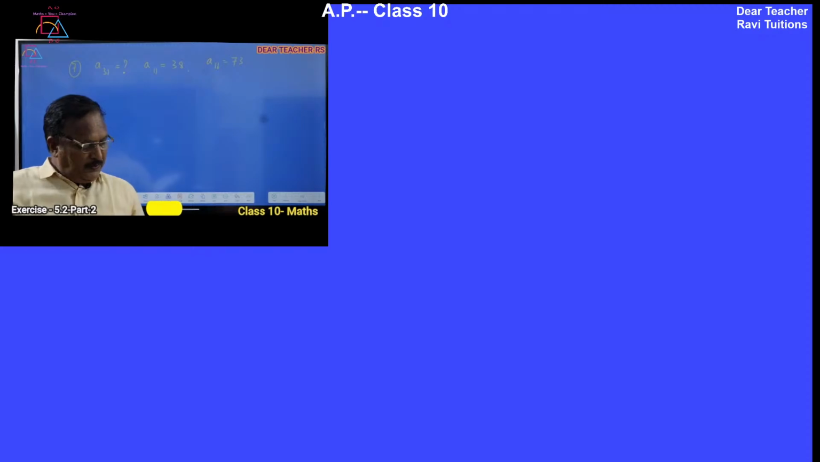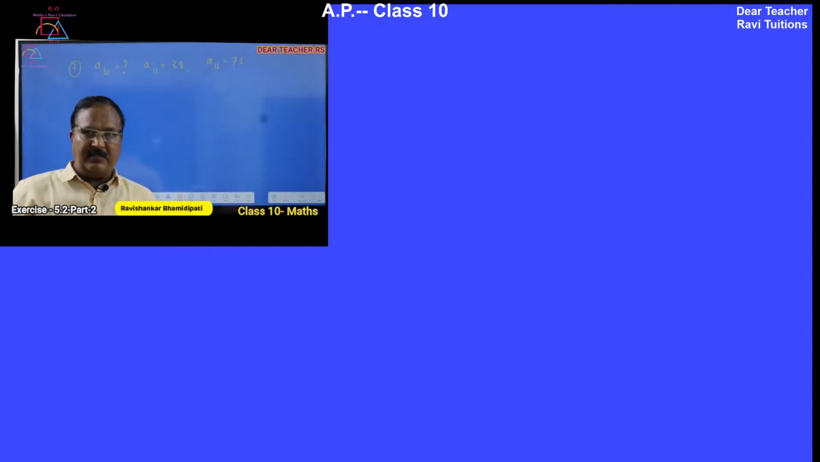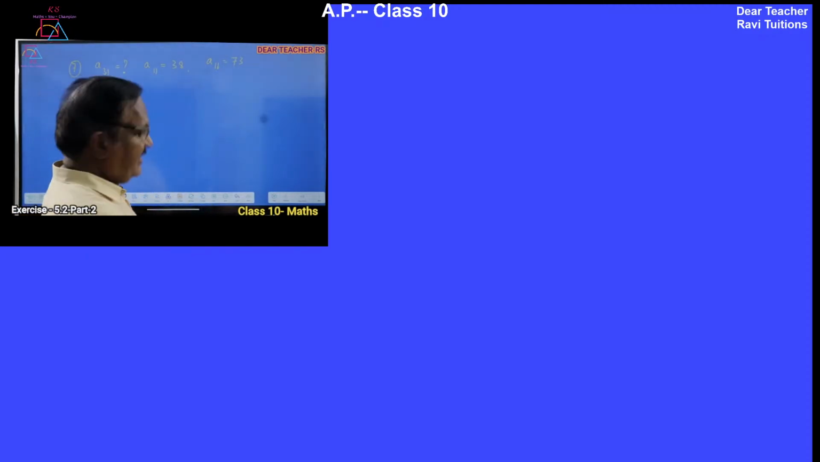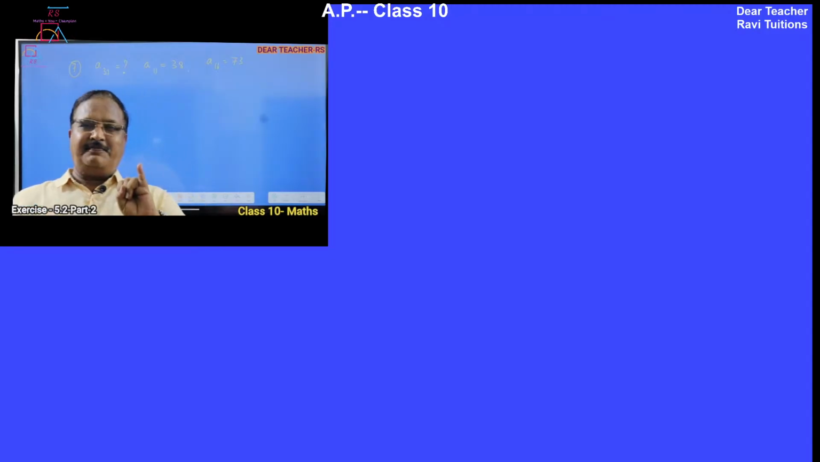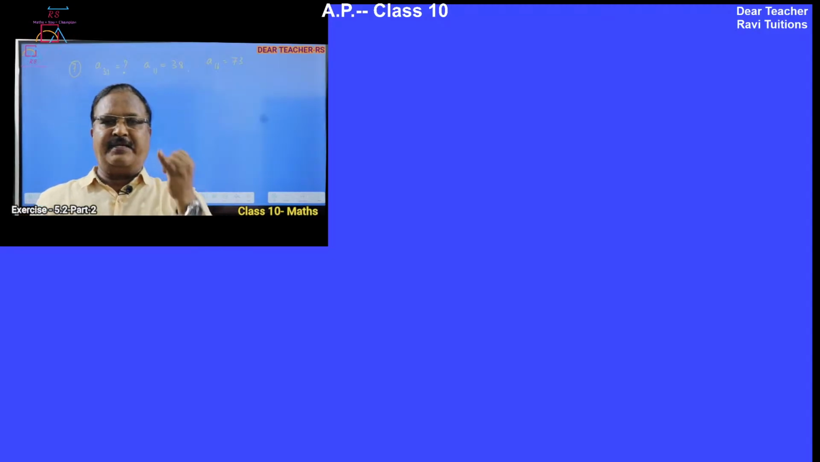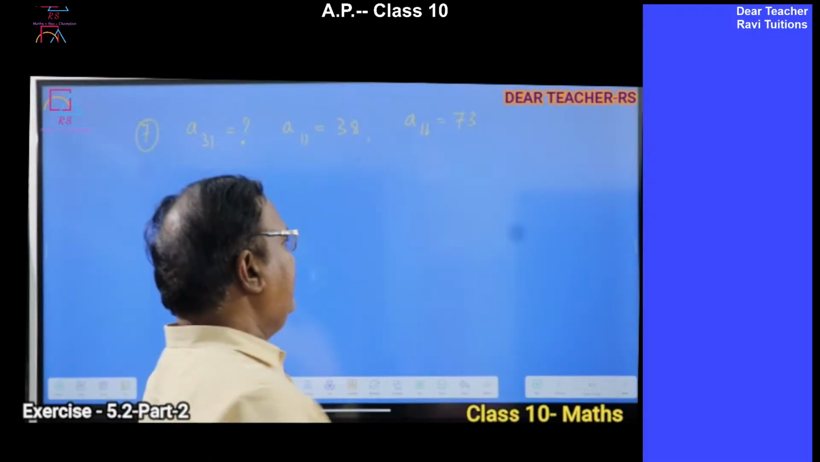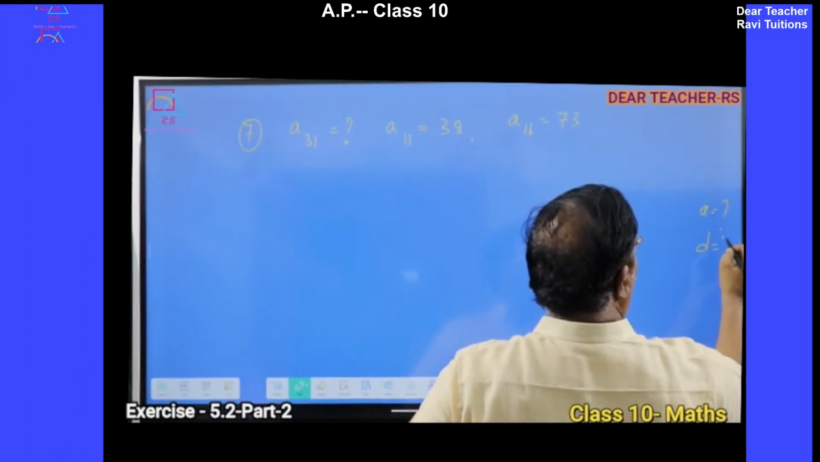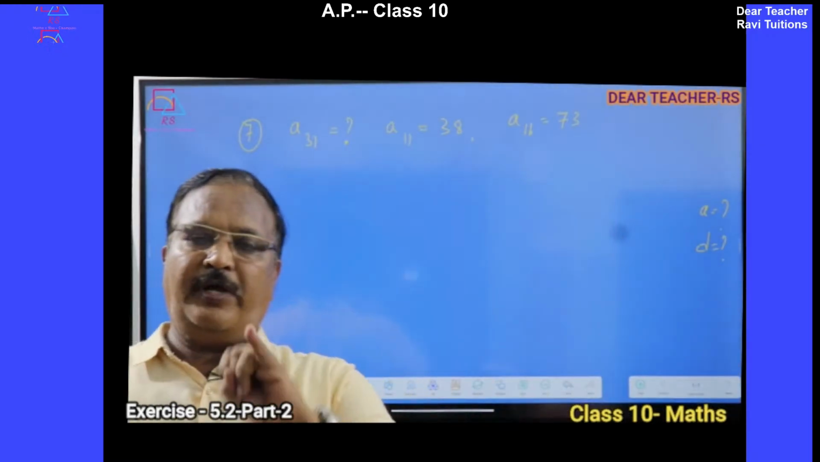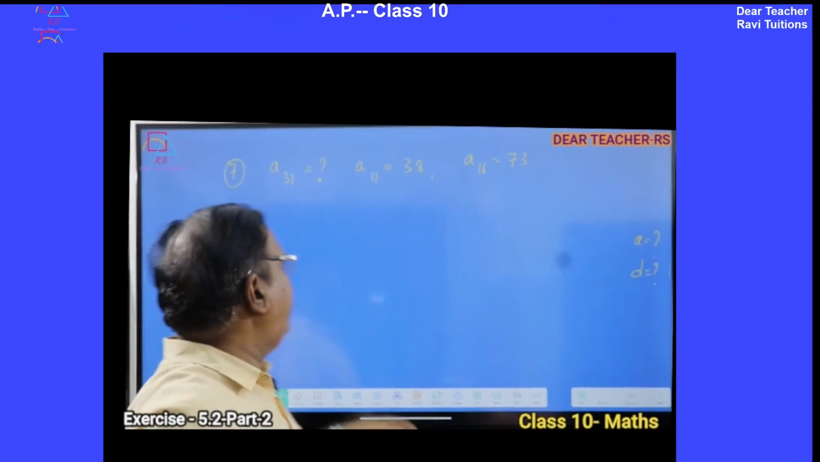Next question, you have to find out the 31st term. To find the 31st term, you need the first term and also the common difference. That means A we need, and D also we need. If you know A and D, you can find out